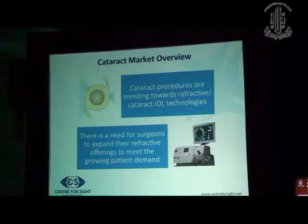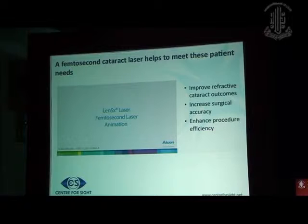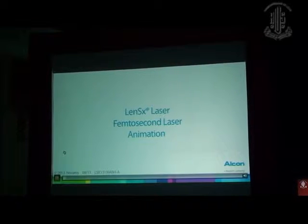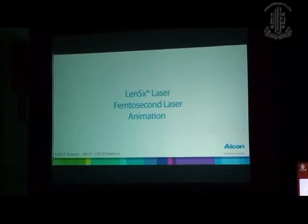So the cataract procedures are today tending towards refractive cataract IOL technologies, and there is a need for surgeons to expand their refractive offerings to the growing patient demand who are looking at getting emmetropia. This is just a schematic diagram or a presentation of